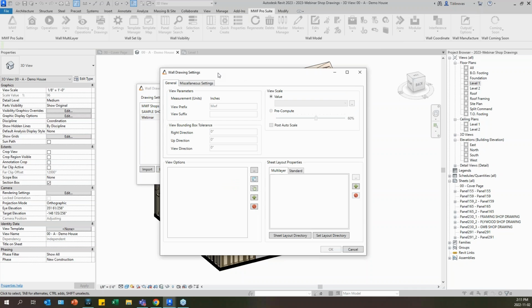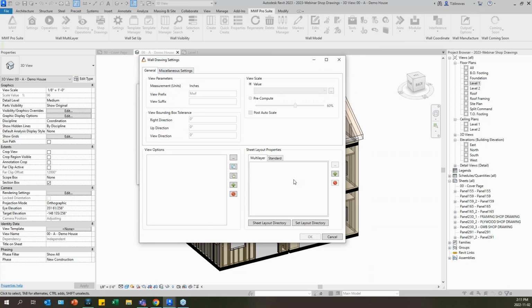And I'm going to double click. So as you can see, I don't have anything just yet. So what I want to do is create a sheet here for the standard tab. I have these two separate tabs, and this is what is going to determine, once I'm running shop drawings,